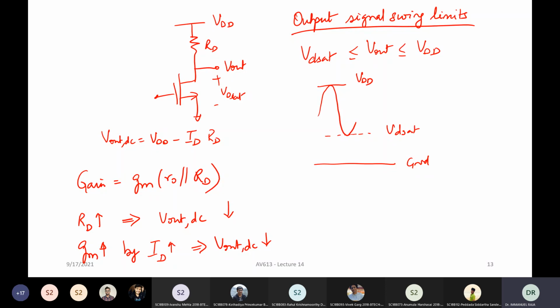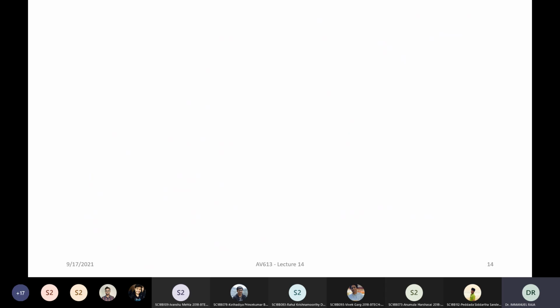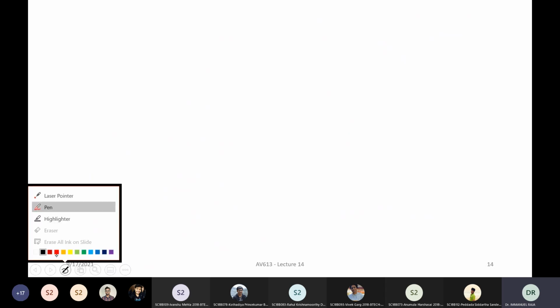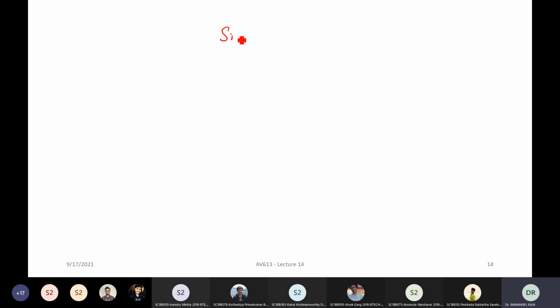You want to increase gain, you're going to move your DC bias point. So you will end up sacrificing signal swing, right? Now, the best point to put your output DC is at the center of these two, right? But if you move this thing down, you are literally losing signal swing. So here if you summarize the different things that we have talked about, we have talked about signal swing.